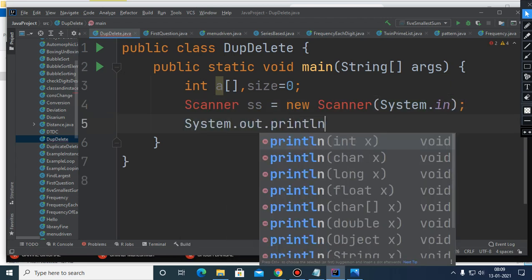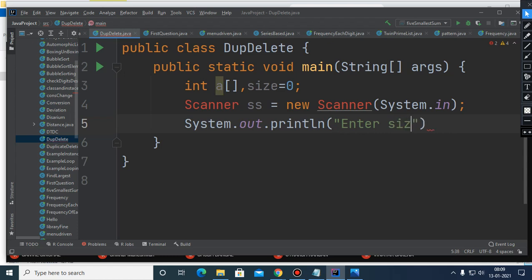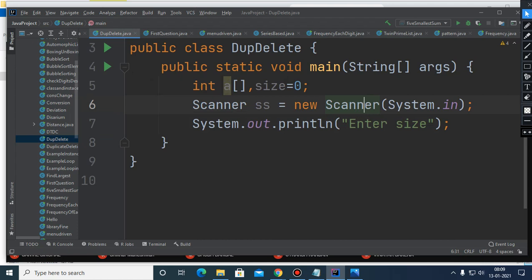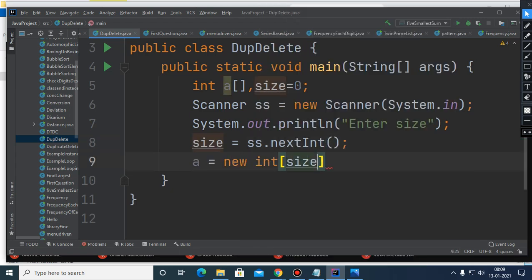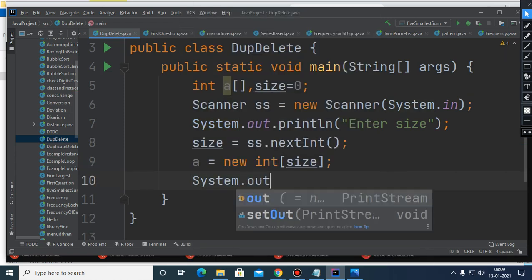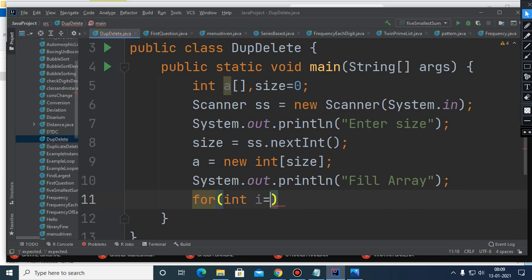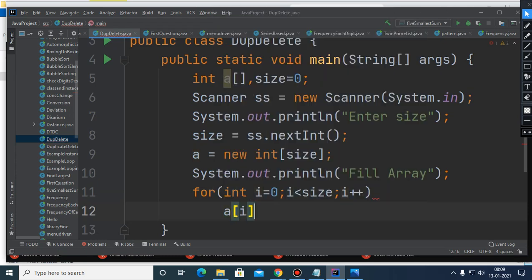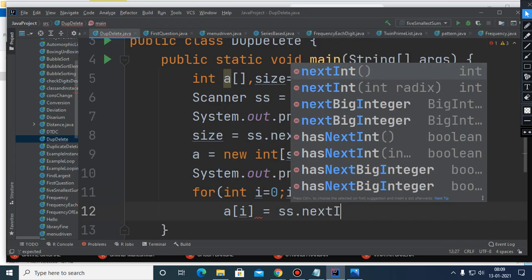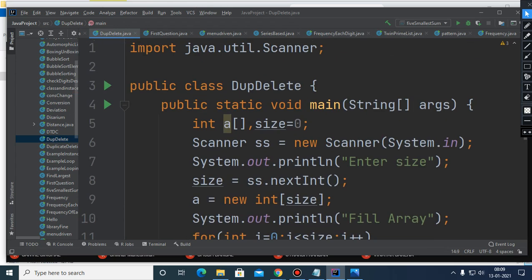Enter size: size is ss.nextInt, then new int[size]. Fill the array: start a loop that goes from 0 to less than size, and a[i] will receive the element which is nextInt. So this is what I have done.